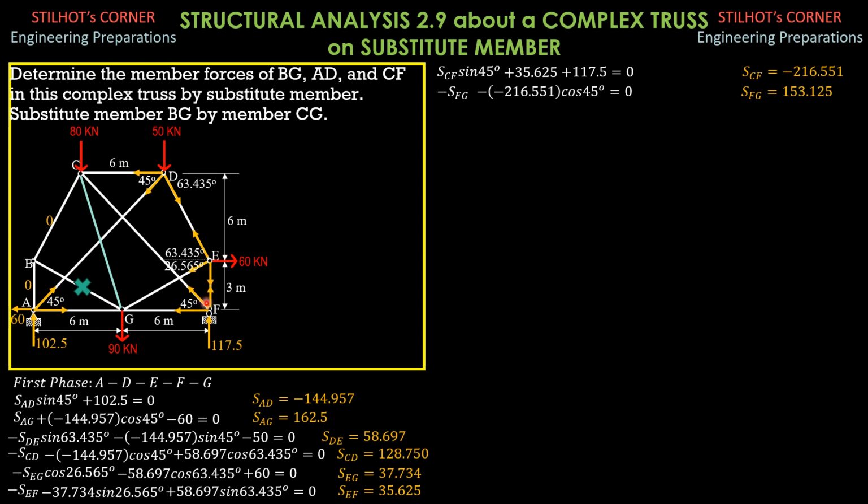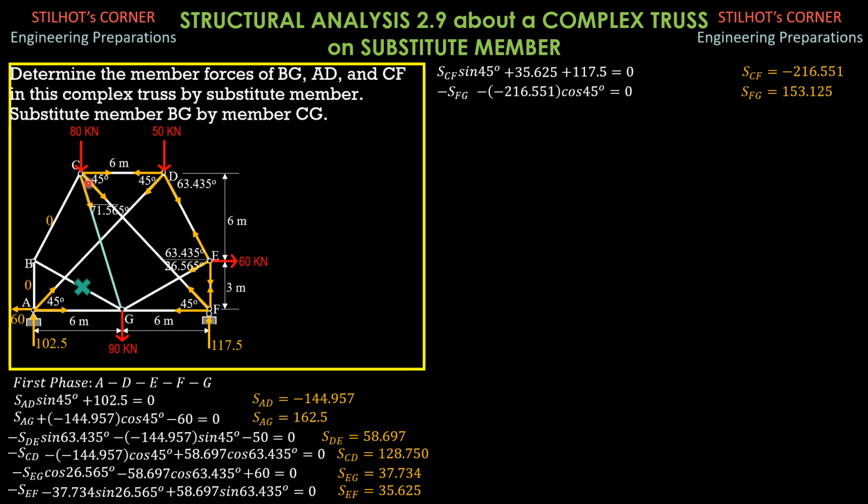We proceed to joint C. The free body diagram will be as shown. So this angle is 45 degrees. The angle that CG makes with the horizontal is arctan of 9 over 3. Arctan of 9 over 3 is 71.565 degrees. I just put it here. So to solve for this force,